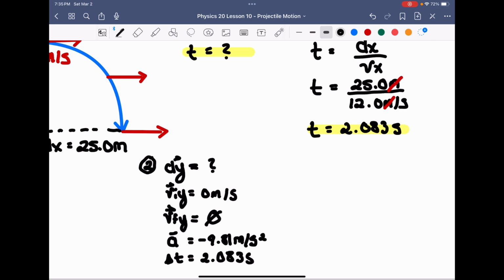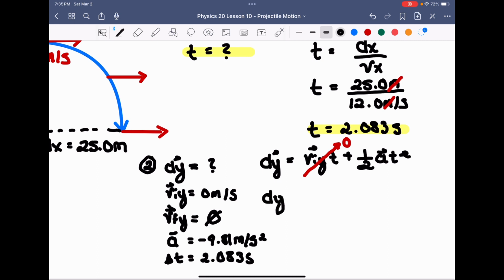Now, because these are the variables we're given, this makes it really easy for us because we just use the same formula we've been using. dy is equal to VIY multiplied by time plus 1/2 AT squared. We know that VIY is 0, so this cancels out because our initial velocity in the vertical direction was 0. For dy, we don't even need to do any algebra other than just say dy is equal to, and start plugging in our variables. dy is equal to 1/2 times the acceleration, which is negative 9.81 meters per second squared, multiplied by the time, which was